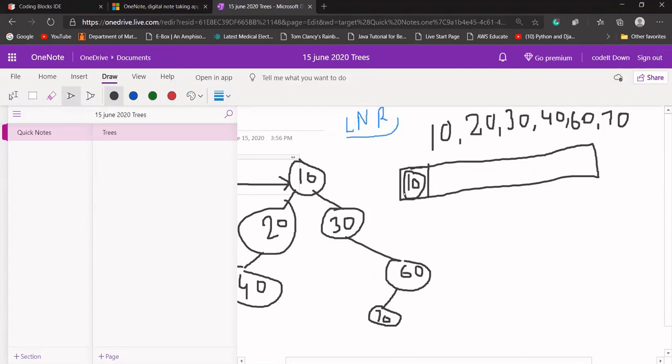Now I'll call a while loop, and I'll put a condition: until my queue is not empty. What you need to do is remove the node from here and print its data part, that is 10, and its left and right, insert them into the queue if they exist. 20 and 30 will be inserted into the queue.